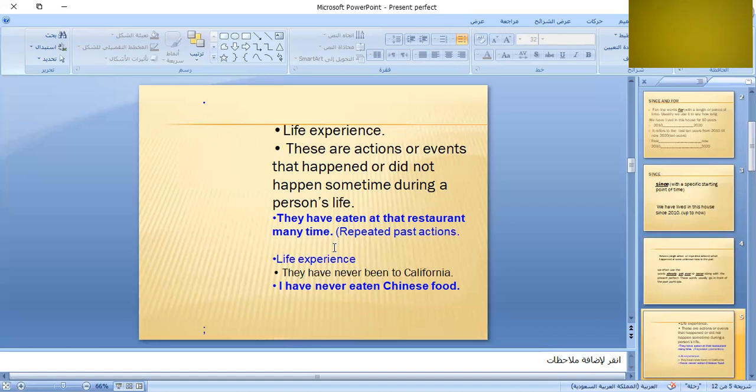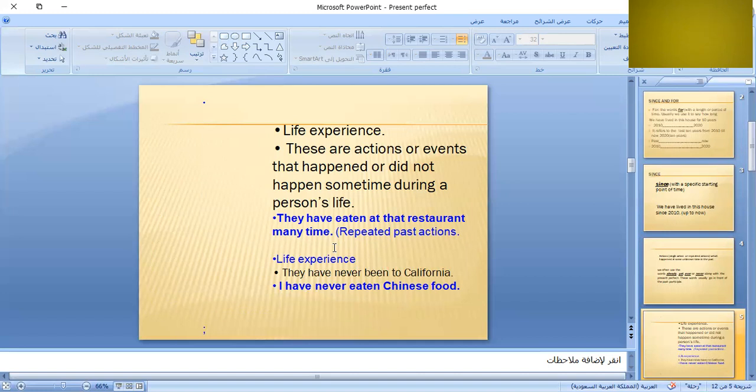Also, the present perfect is used to indicate life experience. Something that you have experienced in your life. You tried it, you know about it, or you don't try it, or you don't know about it, or you don't have any experience with. So we use also the present perfect, because it's not only something that happened and finished in the past, it's something started from your birth up to now.